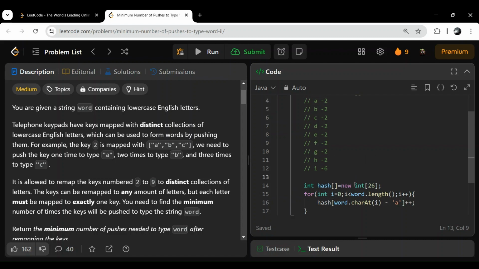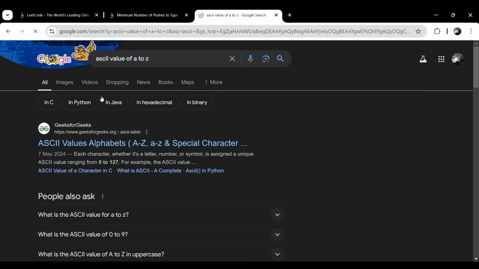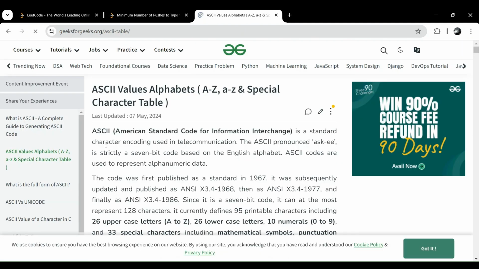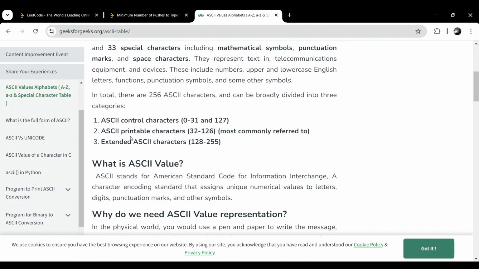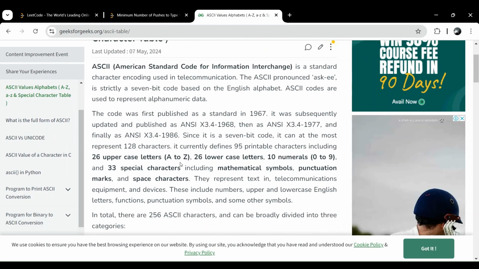So let's say this is our current character c, and c minus a will be equal to 2. If you see the ASCII values of A to Z, let's say,